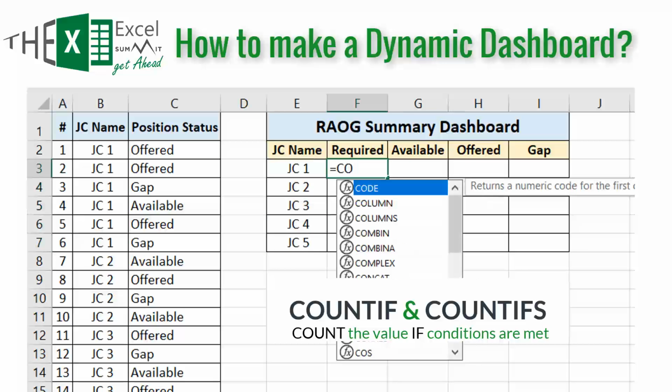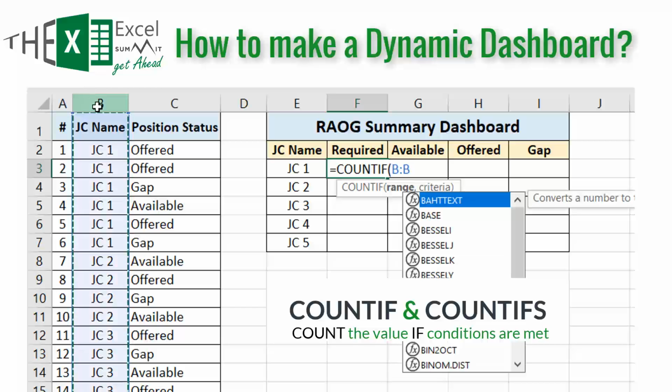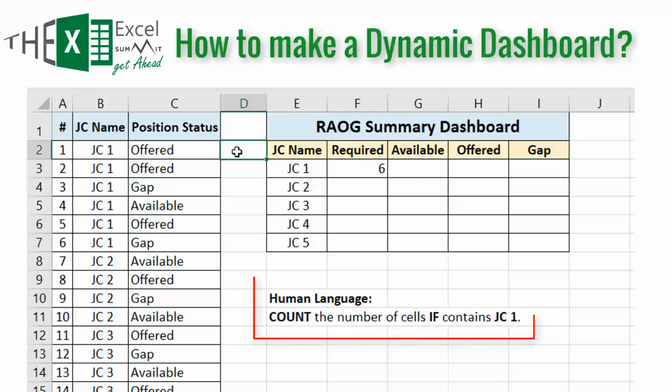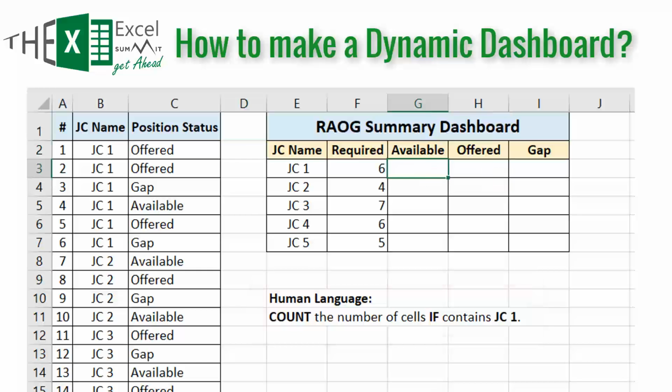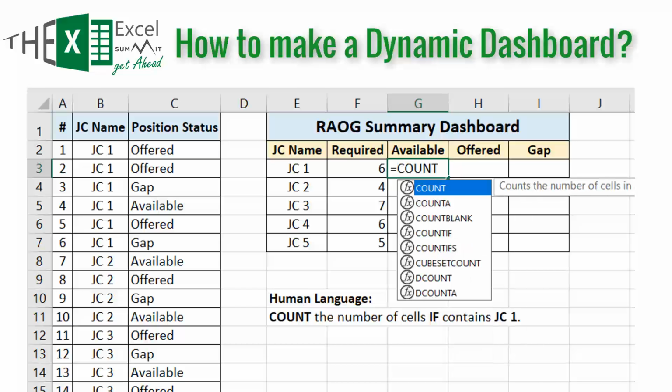Now, to find out the required count at each JC, we will do COUNTIF, then select the JC name column and specify the condition. In human language, this formula means, count the number of cells if it contains the given JC name. To find the available, we will use COUNTIFS function because we need to specify two conditions, name of